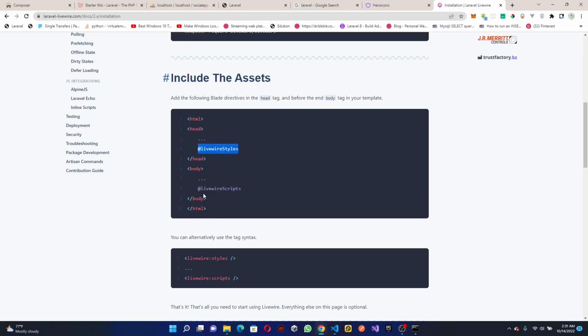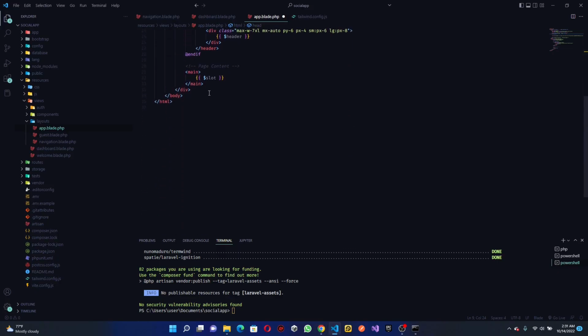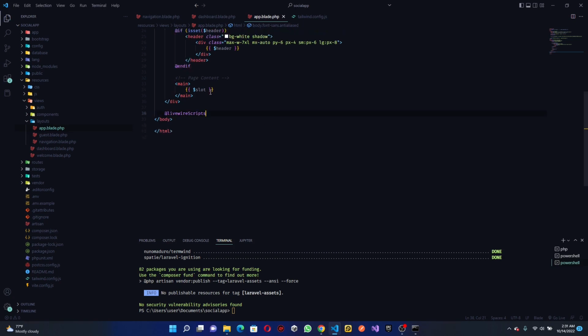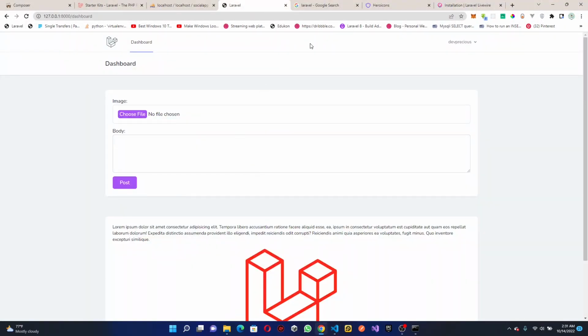So paste that, then also the Livewire scripts. So this is JavaScript actually. In case you don't know, Livewire literally converts PHP to JavaScript, or I mean JavaScript to PHP. So you write PHP that works like JavaScript. All right, good. So once that is installed and you see our app did not break,